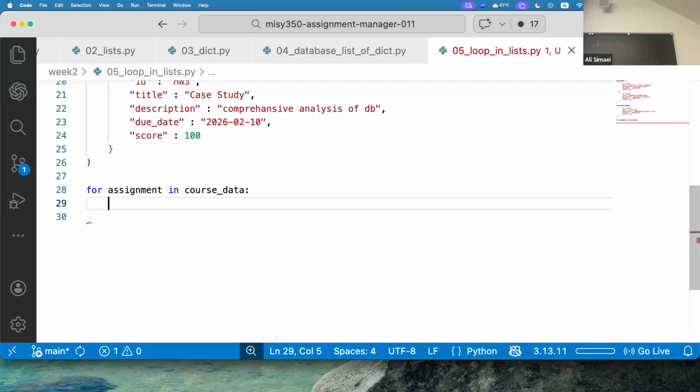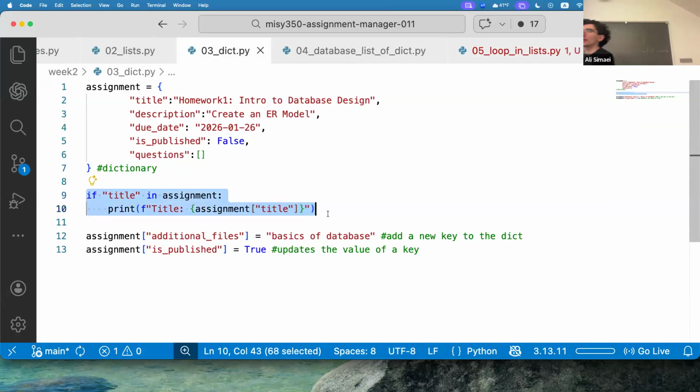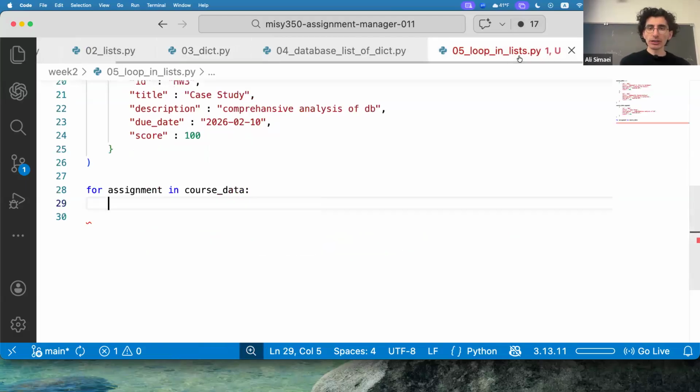That makes sure that you don't make an error, right? Let me go back to the dictionary. Do you remember this part? I said if you want to print out the assignment title or just access that key value in the dictionary, check if that key actually exists in that dictionary. That stops you from getting an error. You might access a key that doesn't exist. So if